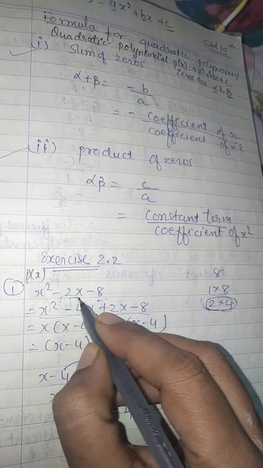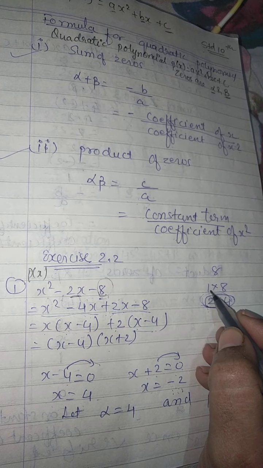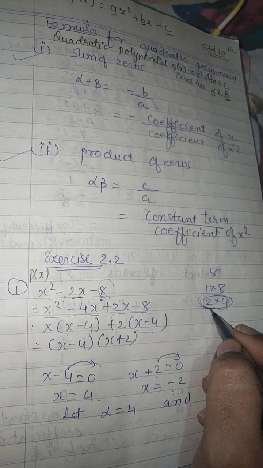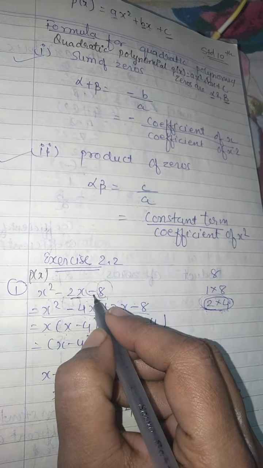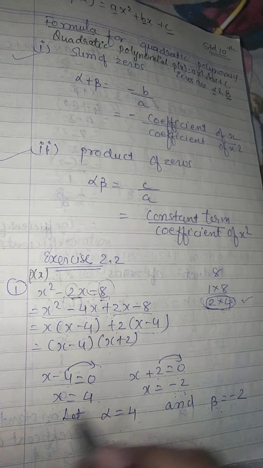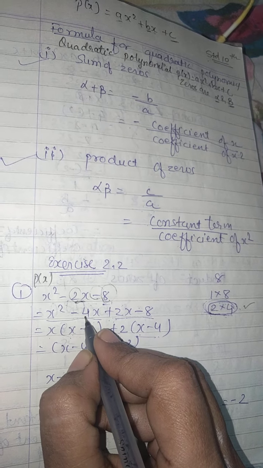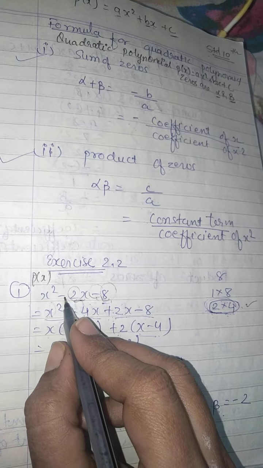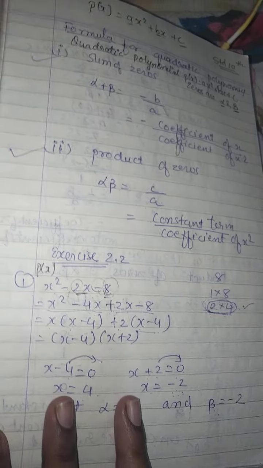So by splitting the middle term, first of all you will write the factors of 8. So what are the factors of 8? 1 8 is 8, 2 4 is 8, 4 2 is 8. It is the same as 2 4 is 8, so you will not go ahead. Now the last term is minus, so by subtracting you should get 2. 4 minus 2 is 2, so these will be your factors, 4 and 2. So here you will write 4 and 2, and with that you will write the variable x. The middle term sign is minus, so the bigger factor will get minus and the smaller factor will get plus.